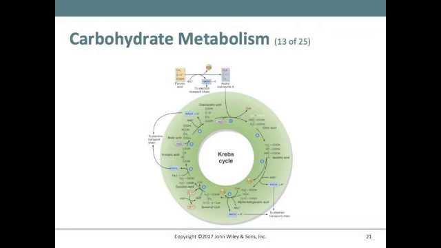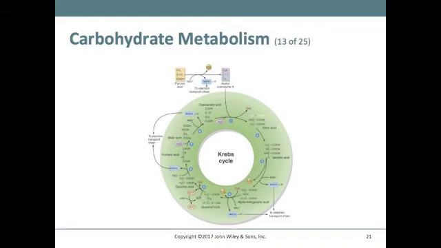And this cartoon is on page 1009. This is figure 25.7, and it outlines the 8 reactions of the Krebs cycle. So step 1 is where the acetyl coenzyme A enters the Krebs cycle, and then the chemical bond that attaches the acetyl group to coenzyme A breaks, and the 2-carbon acetyl group attaches to a 4-carbon molecule of oxaloacetic acid to form a 6-carbon molecule called citric acid. At step 2,